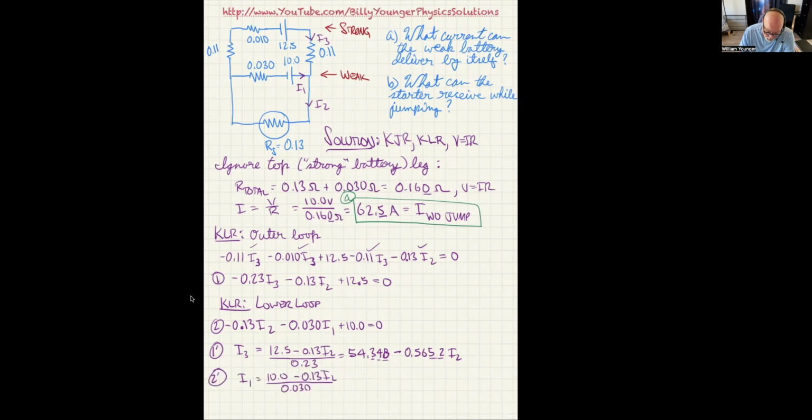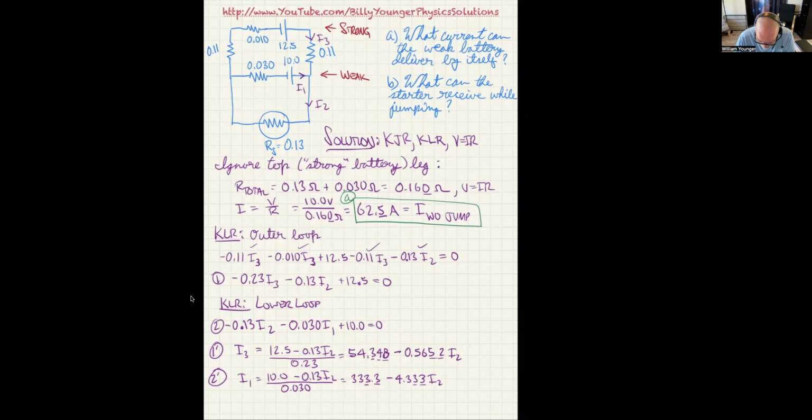When we do that, we're going to get I1, which had a coefficient of negative 0.030. So if I pull it over here, it becomes positive 0.030 I1. And then I have 10 minus 0.13 I2, just like that. And then I just have to divide it by the coefficient, which is 0.030. So again, I'm going to divide 10 by 0.030 to get one term, and then I'm going to take the I2 term by taking 0.13 and dividing it by 0.030. When I do that, I get 333.3 minus